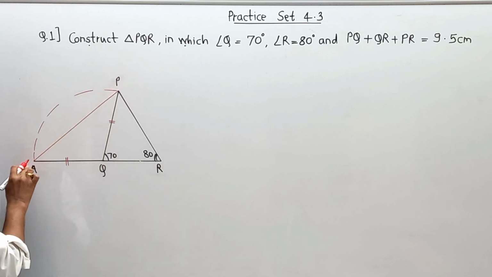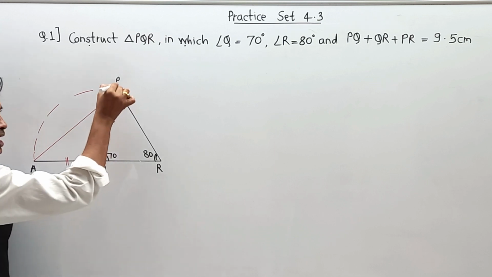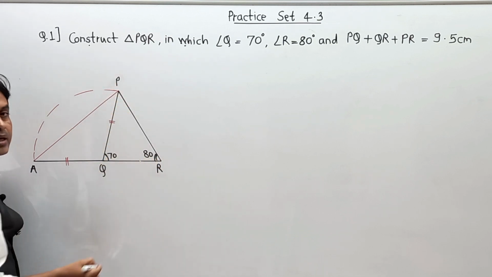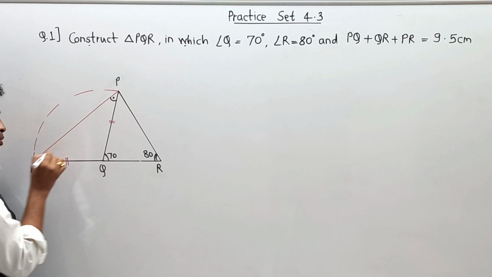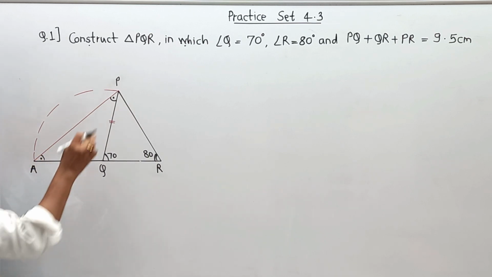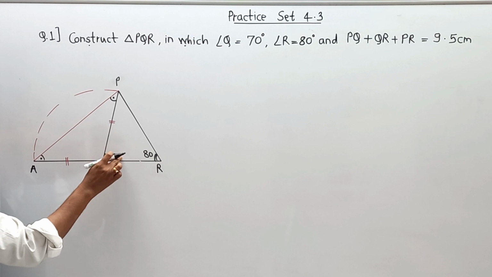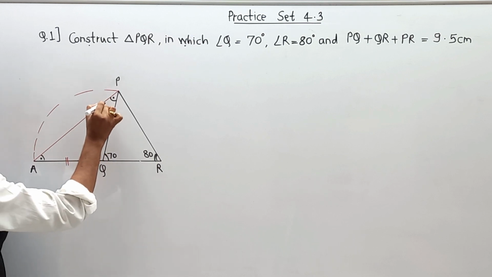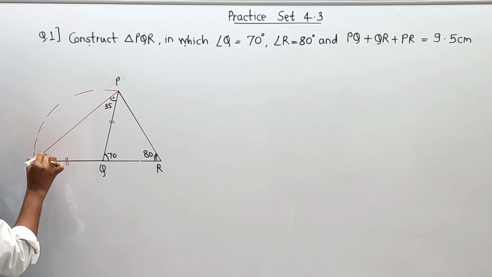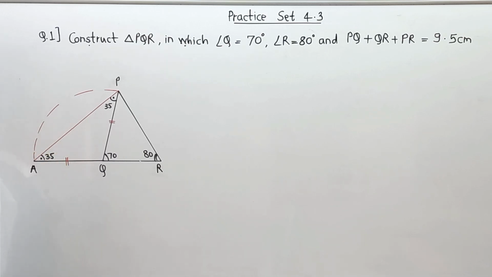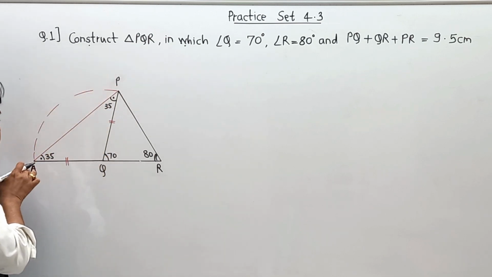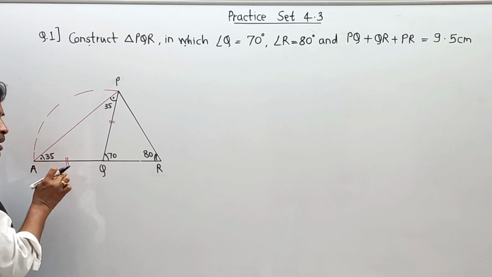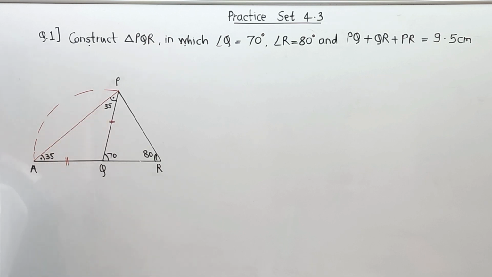This triangle QPA is an isosceles triangle, and this angle PQR becomes the exterior angle. We know that the value of an exterior angle is equal to the sum of the two remote interior angles, and again these two angles are equal. Naturally, 70 is divided into two equal parts, which means this angle is 35 degrees and this angle is also 35 degrees. This is the first breakup we get here. Now we have converted QP exactly equal to QA in the horizontal direction, and we get this angle as 35 and this angle as 35.